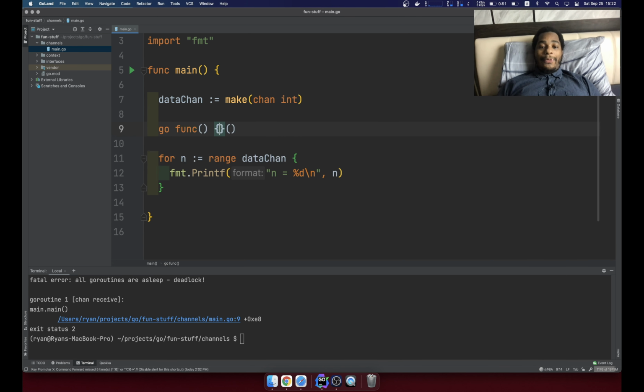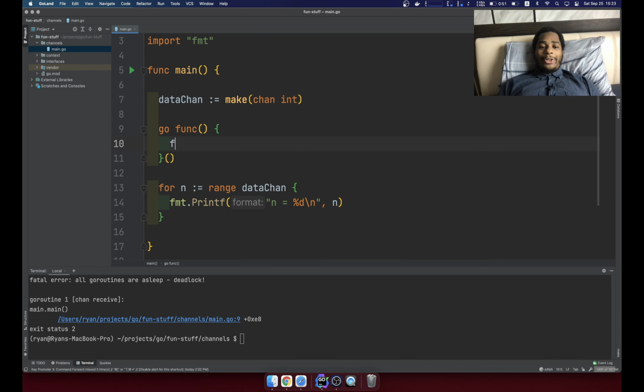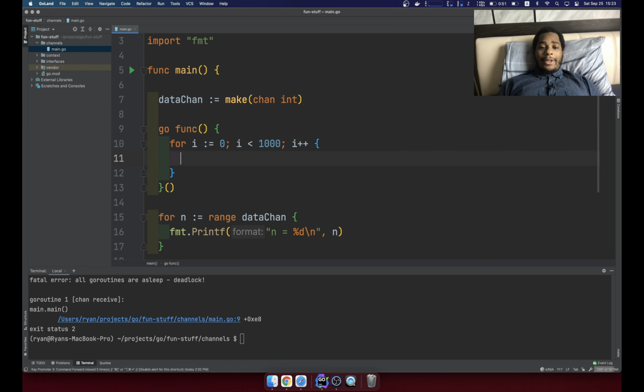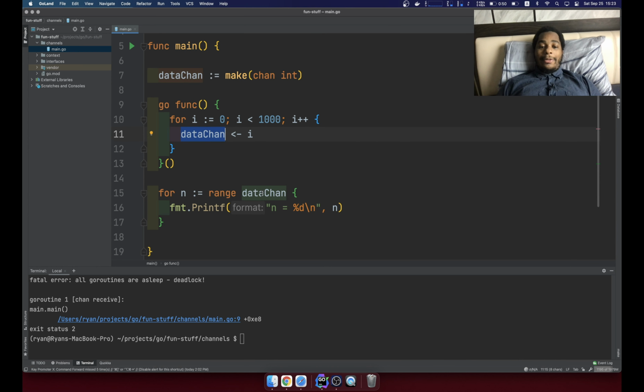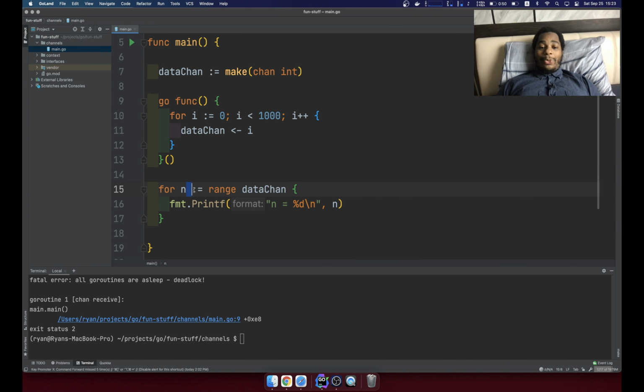So func, and we're just going to have a loop here. For each iteration of the loop, we're going to add the value I into the data_chan. So it's going to go through the loop 1,000 times and add the value I into the data_chan. And simultaneously, we're going to consume data from the channel and then print it out here. So this is running on a background thread while this is running on the main thread. And so if we go ahead and run this,